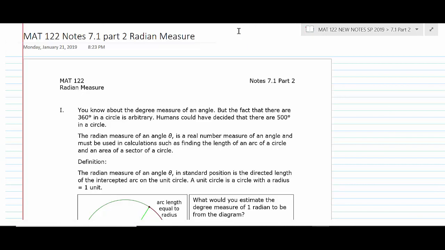Okay, students, welcome to the second part of the lesson. We're working with angles, the beginning of trigonometry, and now we're going to move on to what we call radian measure, which may be new to you. So the idea is